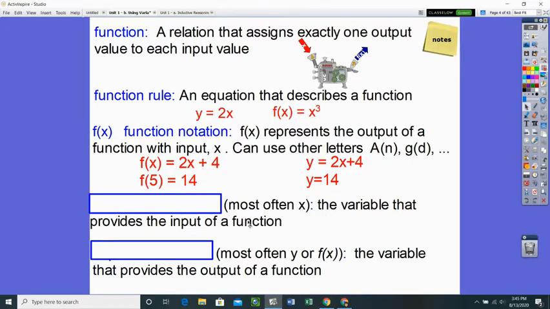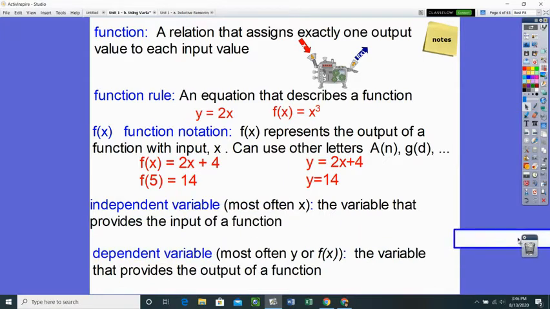Okay, now 2 more words. These are used a lot in science, so I think as soon as you see them, you'll remember that these have been described a lot in science. So whatever this is, most often x, is the variable that provides the input of a function. And down here, most often y, or f of x, is the variable that provides the output of the function. 2 words. I'm going to give you a clue. There's an I and a D. 2 words. Okay, so the one that's the input is the independent variable,